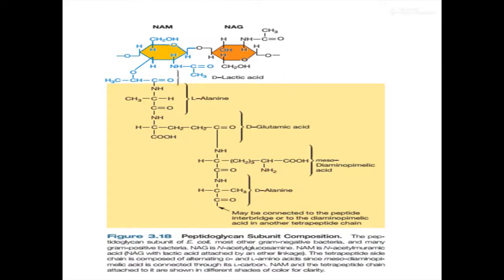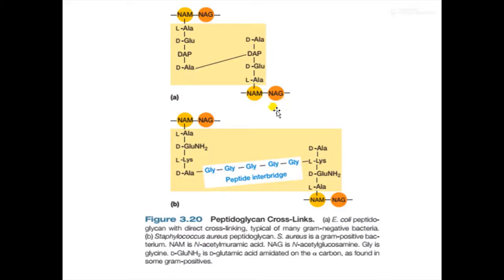E. coli. Now, if you consider the gram-positive bacterial and the gram-negative bacterial cell wall, the peptidoglycan structure has been found to be slightly changed in terms of the amino acids which have been attached to it. In the case of gram-negative bacteria, it is L-alanine, D-glutamic acid, diaminopimelic acid, and D-alanine. And you can see that